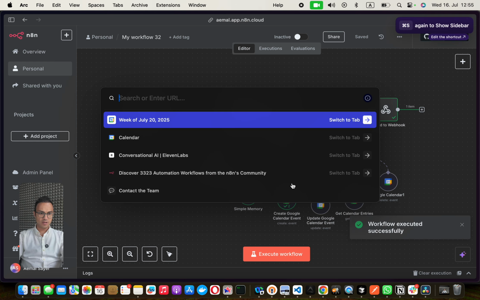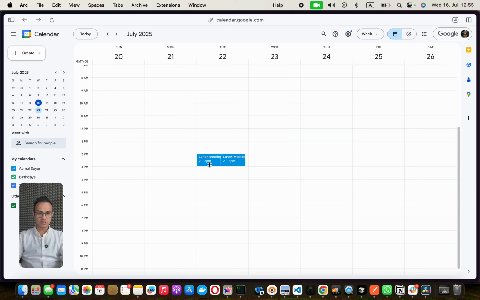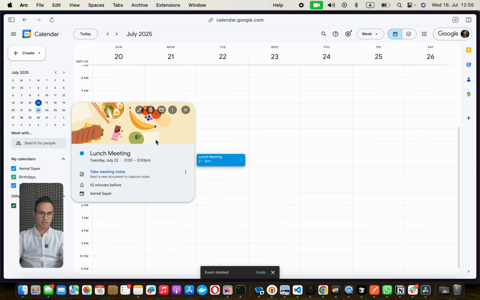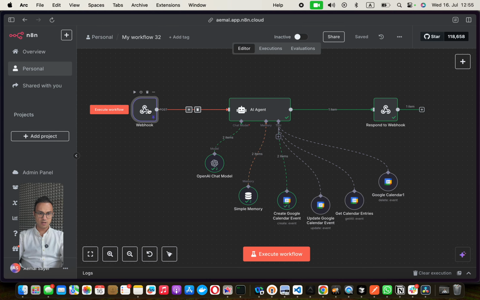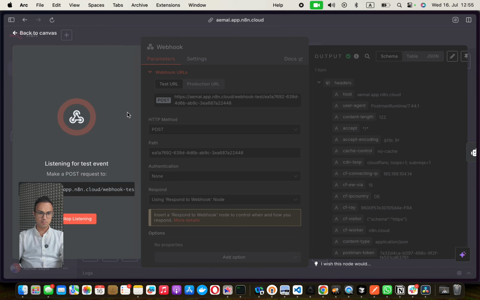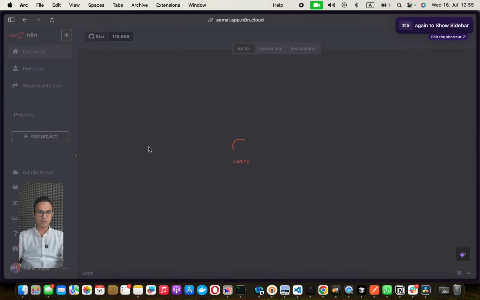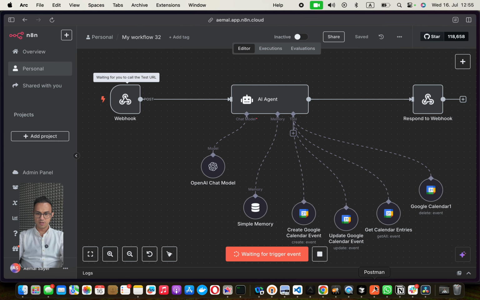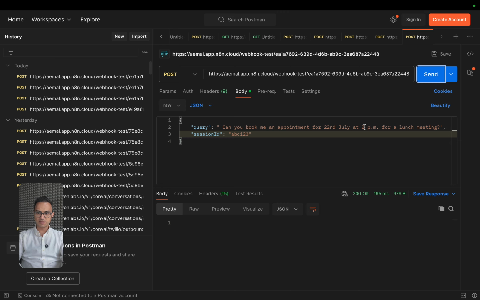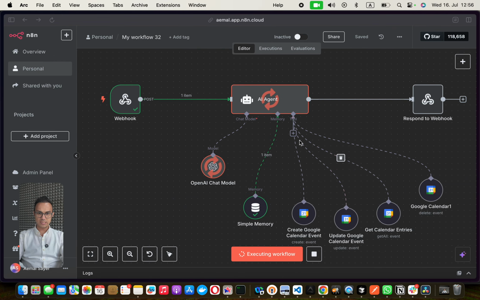So if I now go and check my calendar, you can see that there is a lunch meeting scheduled for 2 p.m. We're going to give it one more try by removing the pinned item and having it listen like this. Maybe it's a good practice that I refresh, because it can happen that sometimes there is an error. And now if I send this, maybe I change it to 3 p.m., not lunch meeting, but business meeting about n8n training. If I send it, you can see that now as an API, this workflow can be used,